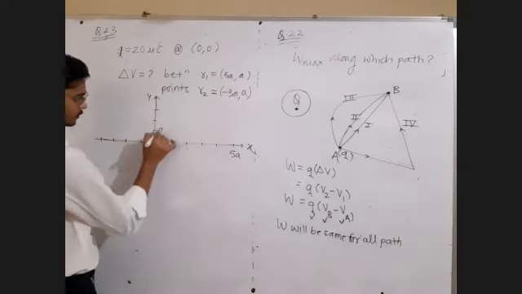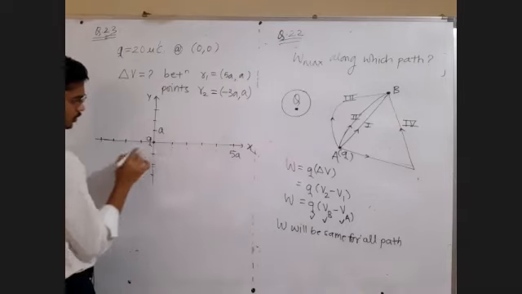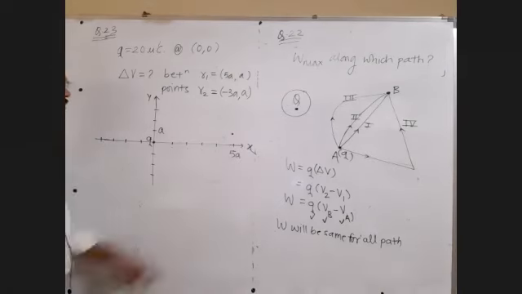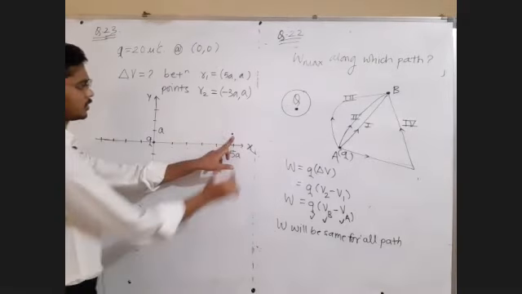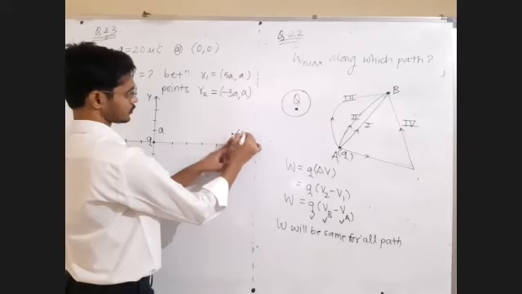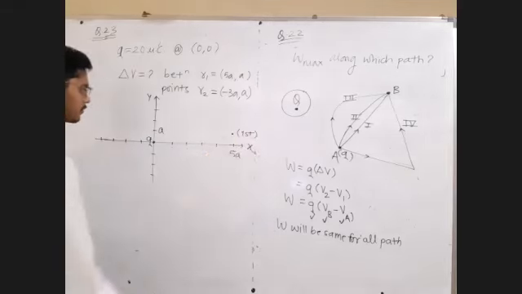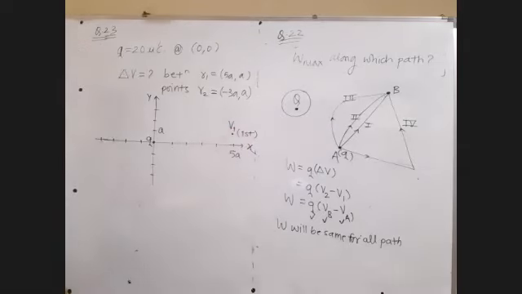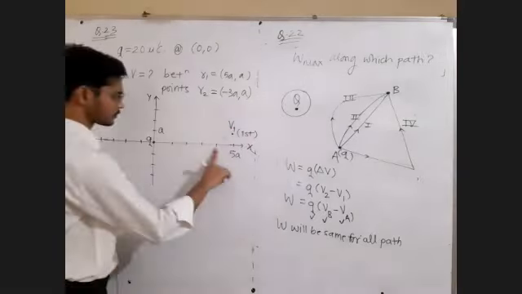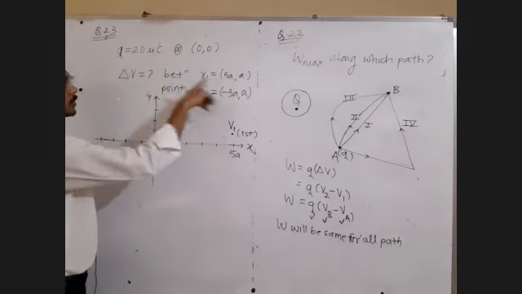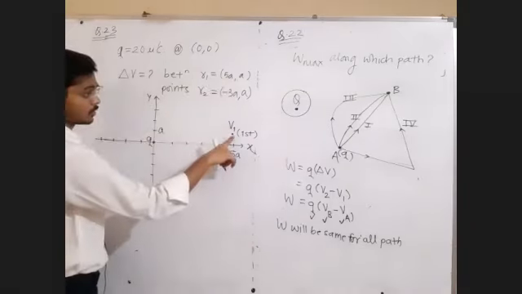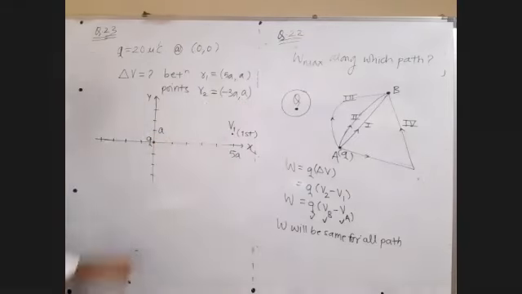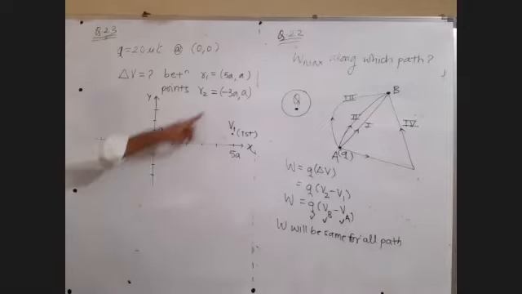This value is a. This charge is at the origin q. So 5a comma a. The first position is here. Here let's say the potential is v1. Second, we have to find the potential difference between this point at 5a comma a and the second point, which is minus 3a comma a. The given charge is here. Minus 3a comma a.